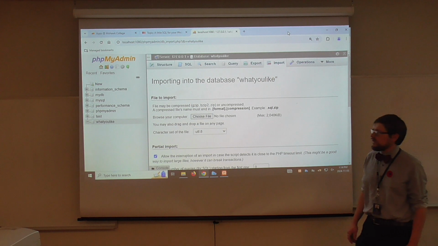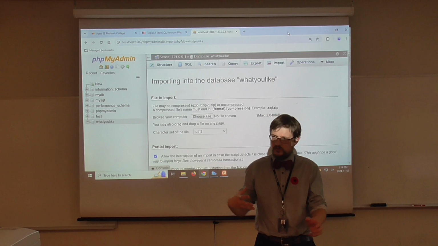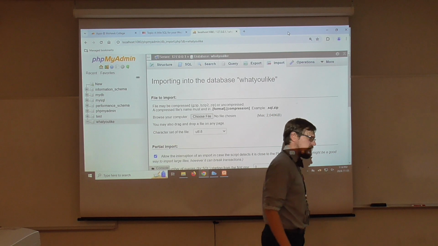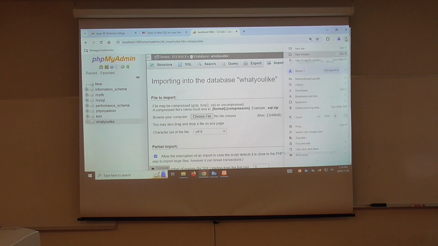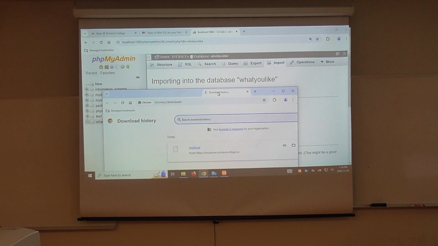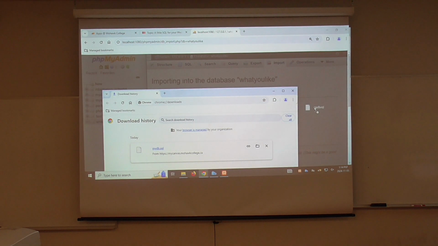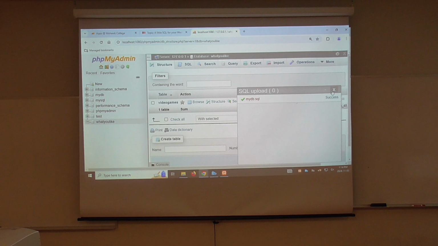Now, you can choose file, use your file explorer interface, find the file and slot it in, but the simplest and easiest way to do this is to go to your downloads. Drag and drop it. That automatically applies it, and it executes it too. Convenient. So if you take a look at your database, you shall now see